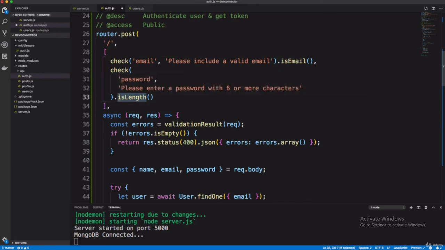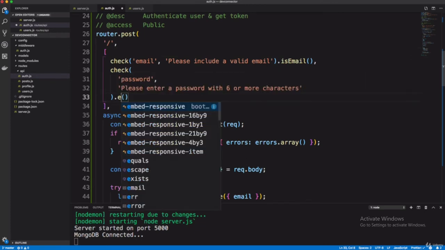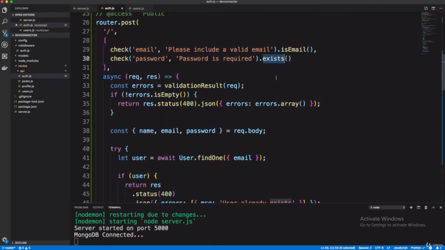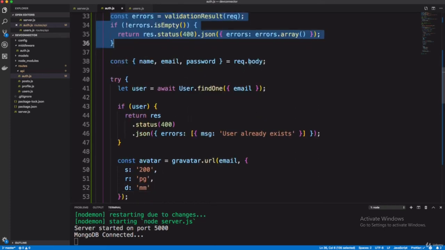You should only fill the password, right? It should exist. Password is required. You have to fill a password. You should not leave it blank. Okay, here we don't need name also, just get rid of it.